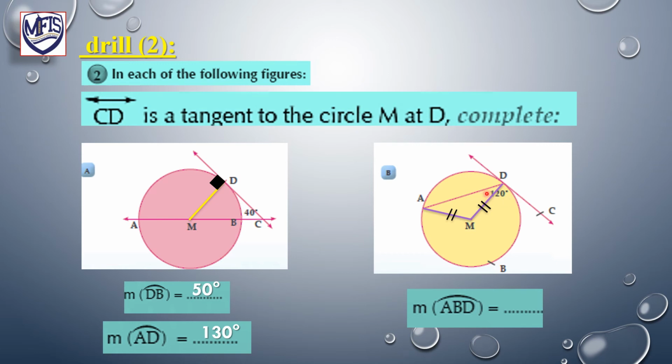Therefore, the measure of angle MDA, this angle, equals 120 minus 90 equals 30. And also the measure of angle A equals 30 because the triangle is isosceles. 30 and 30. Therefore, the measure of angle DMA equals 120. That means the measure of arc AD equals 120. So 360 minus 120. The answer will be